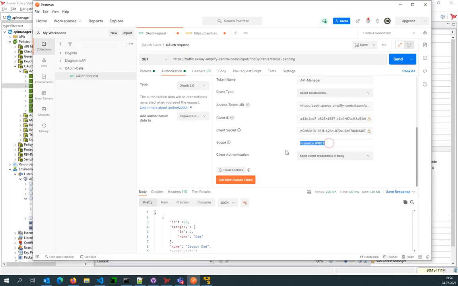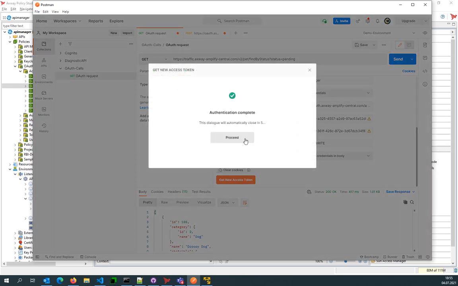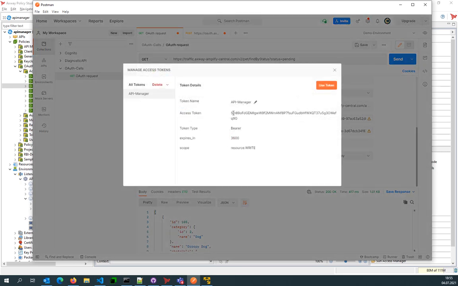I would like to get the scope. You may have seen that for the API, I have configured that scope resource.write, and I'm sending the client credentials in a body instead of the header because this is the way it is configured at the moment for the API gateway for that client credential flow. So we now try to get an access token, and we got a new access token, and this is the